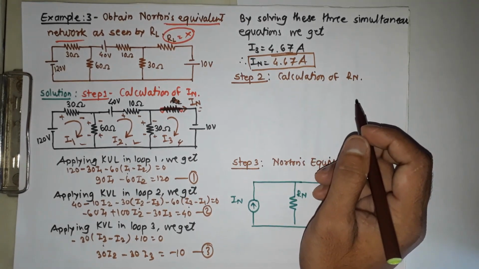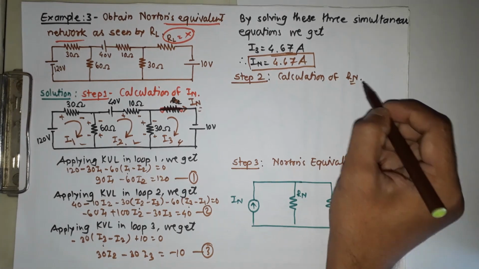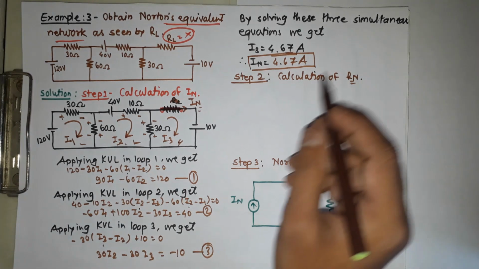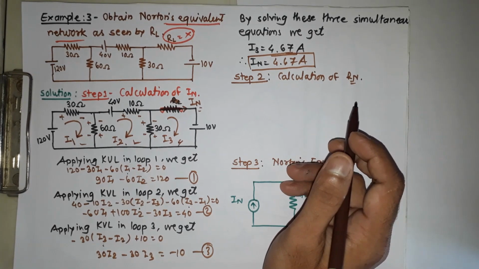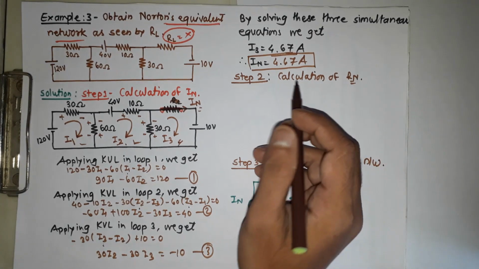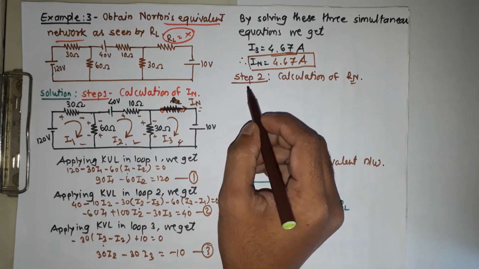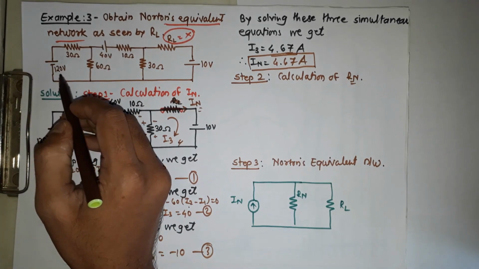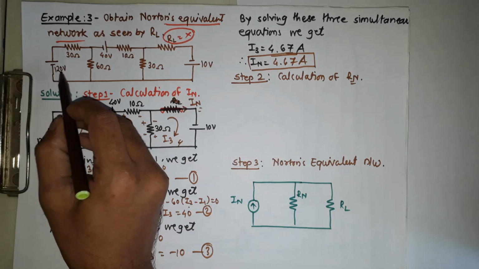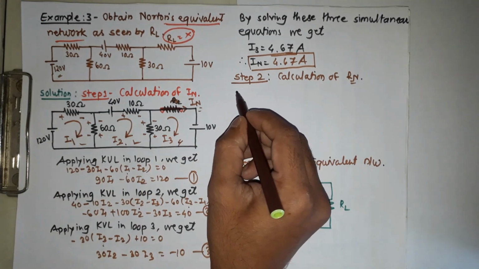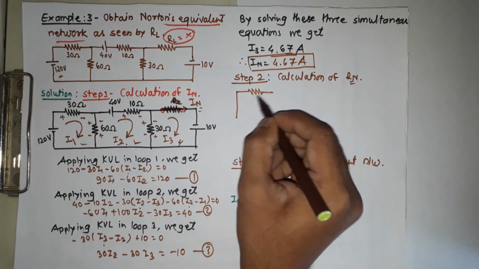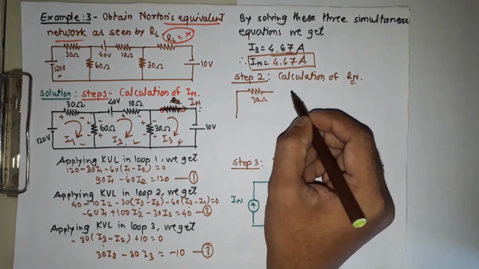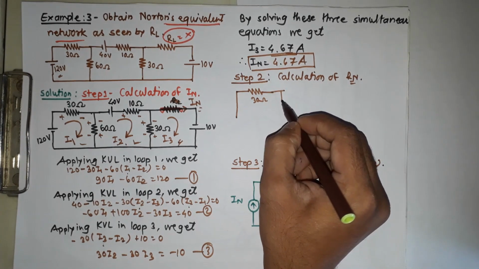Now the second step is the calculation of the Norton's resistance, RN. For finding the Norton's resistance, we are replacing all the voltage and current sources by their internal resistances. So the voltage source should be replaced by a short circuit, and the current source should be open circuited. So we are replacing this 120 volt with a short circuit. Then this is a 30 ohm resistance as it is, then here it is a 60 ohm